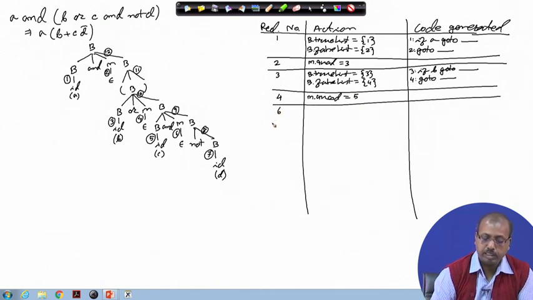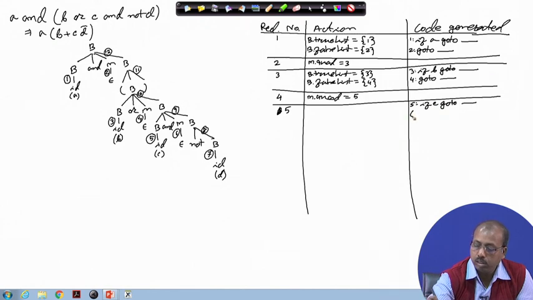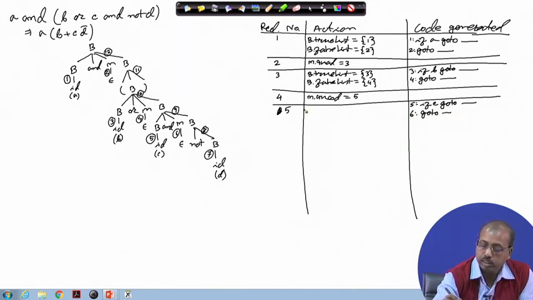Now, reduction number 5 is again B producing ID. So, it will generate 2 lines of code: if C go to unknown, this part will be filled up later, and this is the else part. Accordingly it will generate true list and false list.